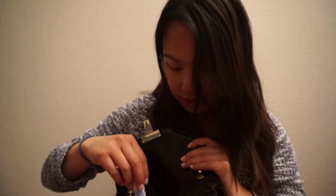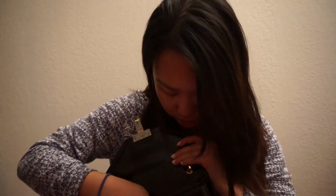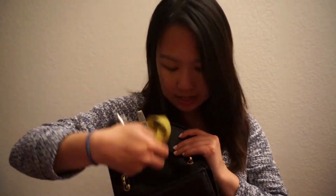So because this is such a sturdy bag, I feel good enough about it to be able to slip that right in there. So the camera fits nicely in there, and then the chapstick, IDs, credit cards and cash go into this slip pocket here. Throw in my keys,